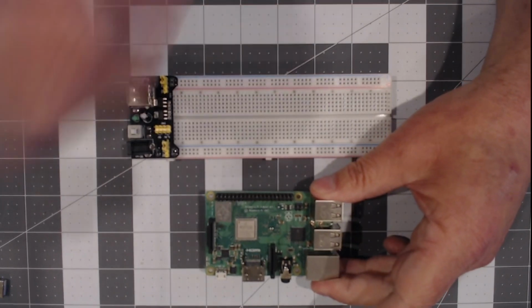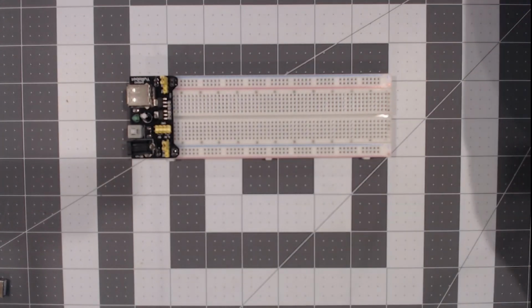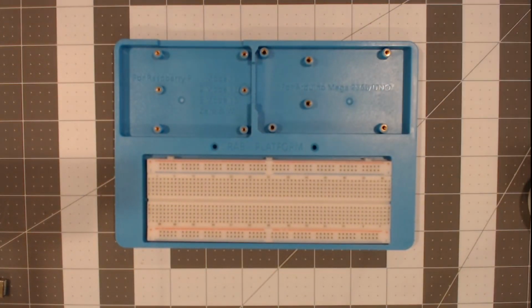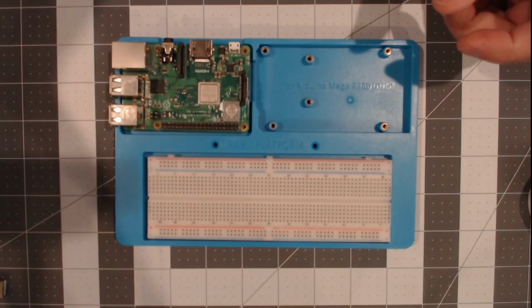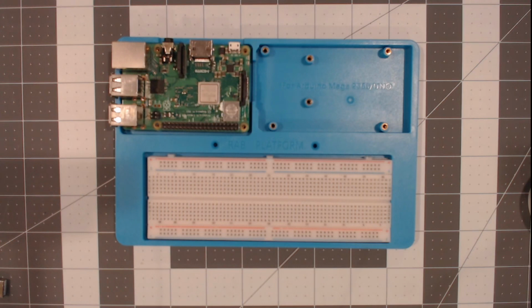I've seen people take a piece of acrylic and tap it with 4 screws to hold the Raspberry Pi down. What I did fail to mention is the RAB platform that I have. I make a lot of use of this. Very simply, your Raspberry Pi screws down. The RAB platform is actually very handy for prototyping. It probably gives you the most flexibility of any prototyping board I've seen over the last few years, not only because it mounts the Raspberry Pi,